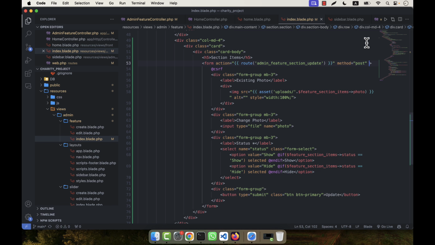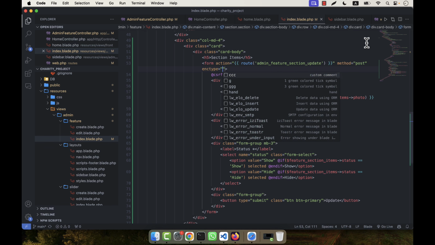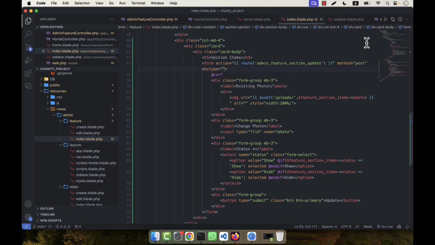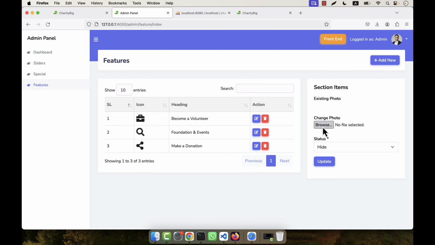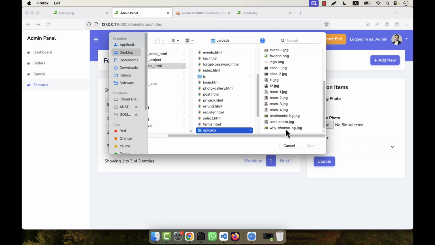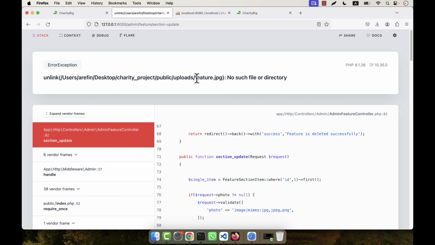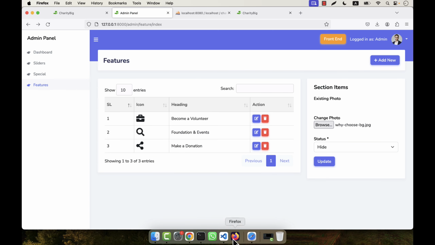I am going to add enctype equal to multipart/form-data. Okay, so let's try it again. This photo, open, update. Unlink, it is actually not getting the photo, so